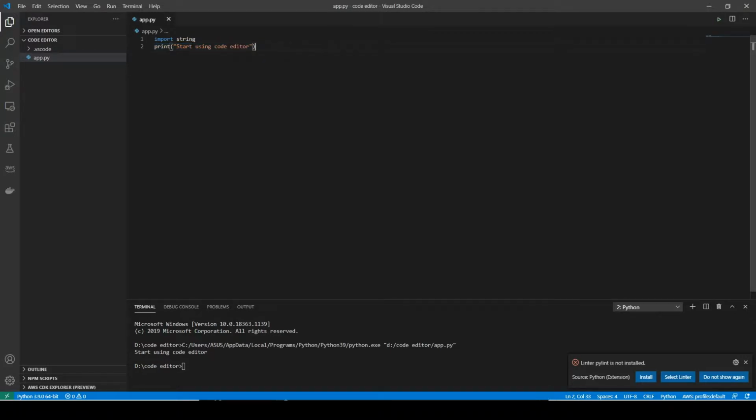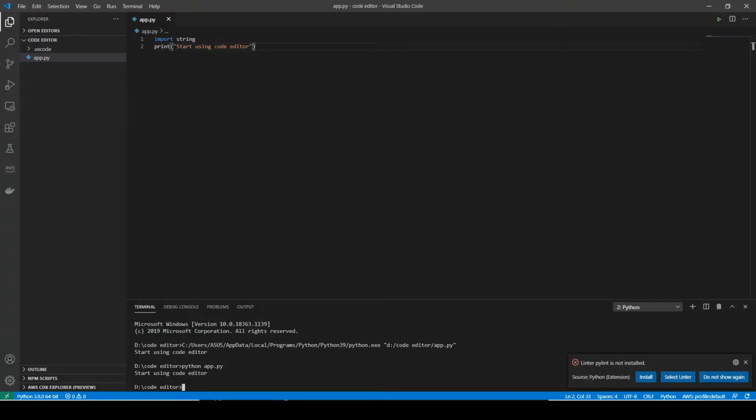The other way you can perform a similar activity is with the help of the command prompt. So in order to run app.py from your command prompt, write python and simply write app.py. Right. So in this way, you can run any Python application from your Python interpreter or from your command prompt.